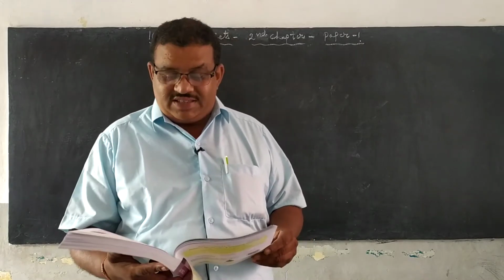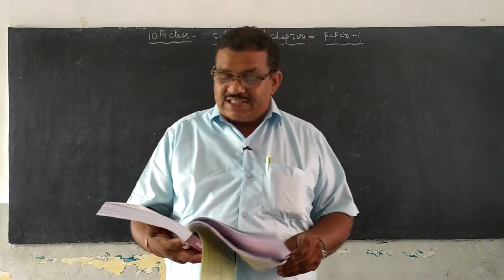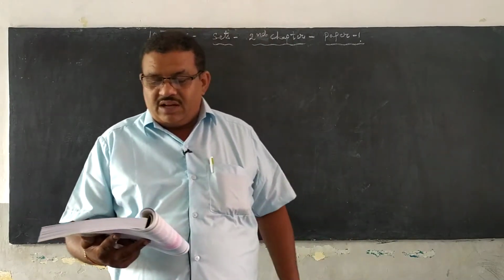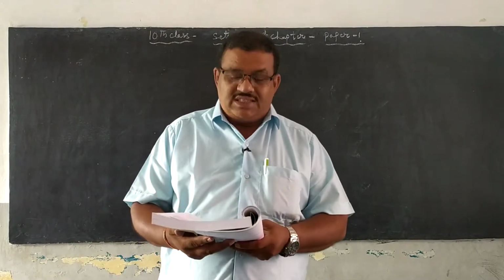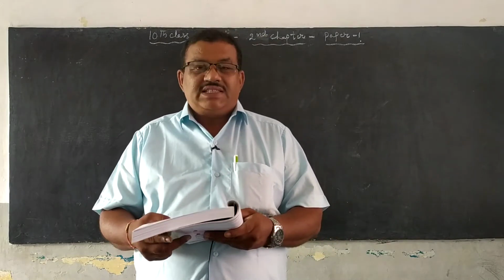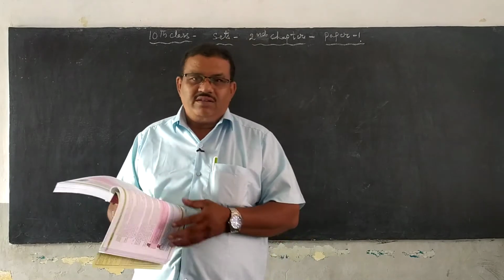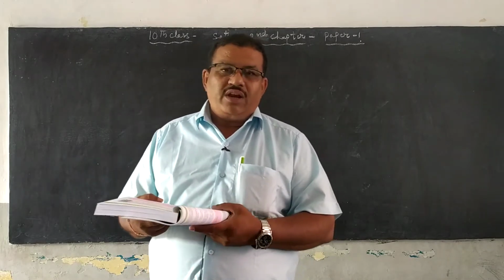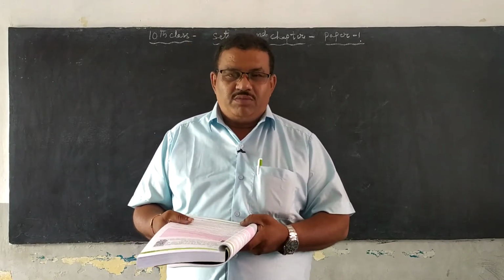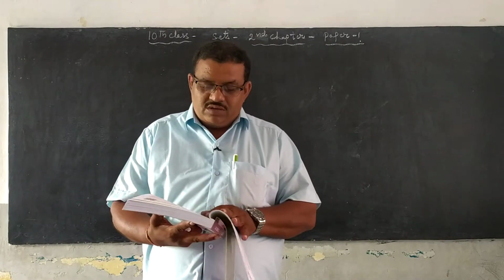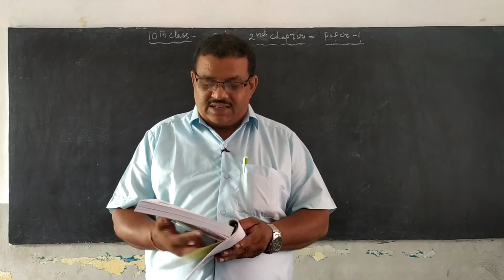Hi 10th class students, in the last class we discussed the do this on page number 27. Here see the fourth problem in this do this. The set of digits in the Ramanujan number, that is 1729. This is the sum of the cubes of 10 cube and 7 cube. So this is the Ramanujan number. So that also forms a set.